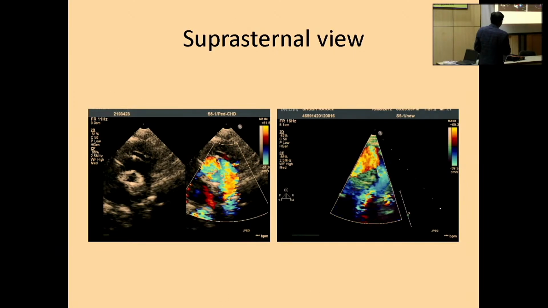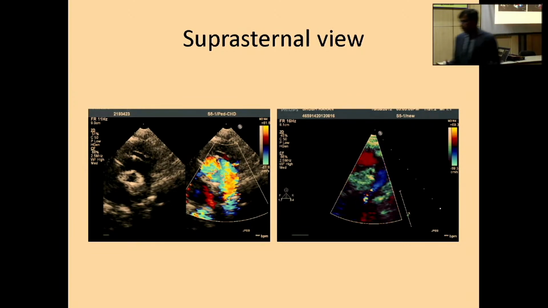This is the turbulence, the increased velocity because of coarctation. Now here in 2D also you can see a shelf. If you can start appreciating, but I would prefer a color flow in the arch to see the turbulent flow. So if we start with the imaging here,